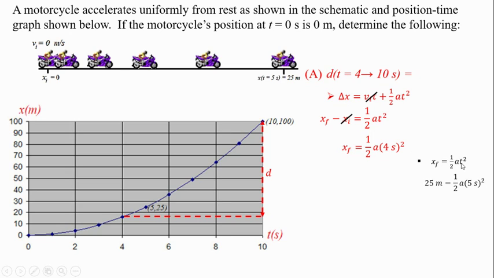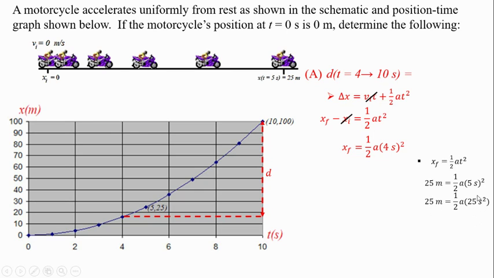Here, I've chosen to plug in 5 seconds because I'm using the first coordinate point that's given to me in the graph and in the schematic. So it says after 5 seconds, the object is at 25 meters. So it gives you enough information to find what a is. Okay. So if you watch my work, the only variable missing is your a, and therefore we can just crank out,